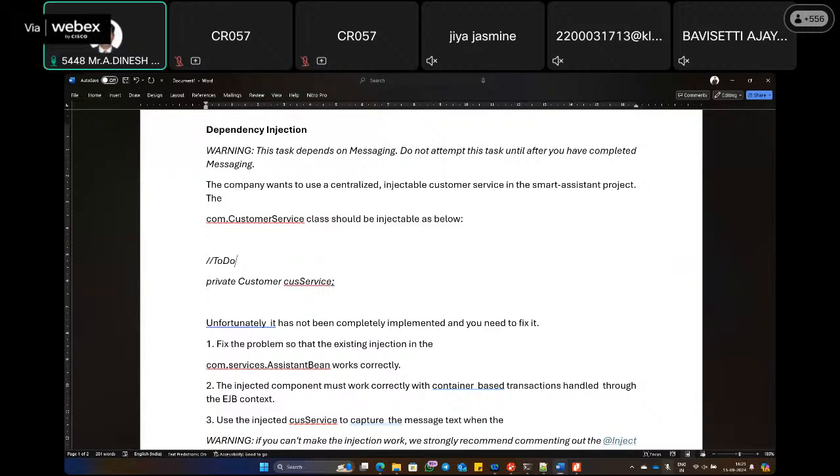Like that, you may get a comment box. In that you can delete that comment and give the code. So what they are telling is that this has to be injected. So what should I do? Wherever the customer object is declared inside the customer service.java, I go there and type